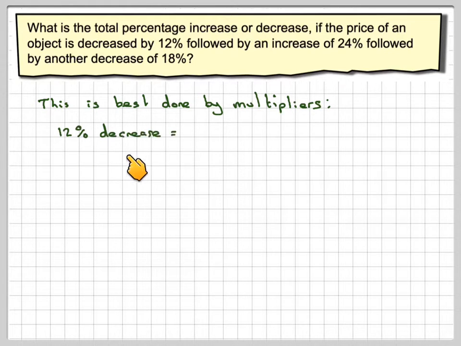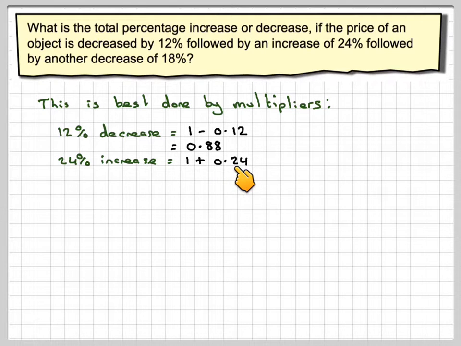So a 12% decrease is represented by 1 minus 0.12. 0.12 represents 12%, but if you have a decrease of 12%, that means you only have 88% left, so that's 0.88. A 24% increase means that that's going to be 1 plus 0.24, which means you're going to actually be